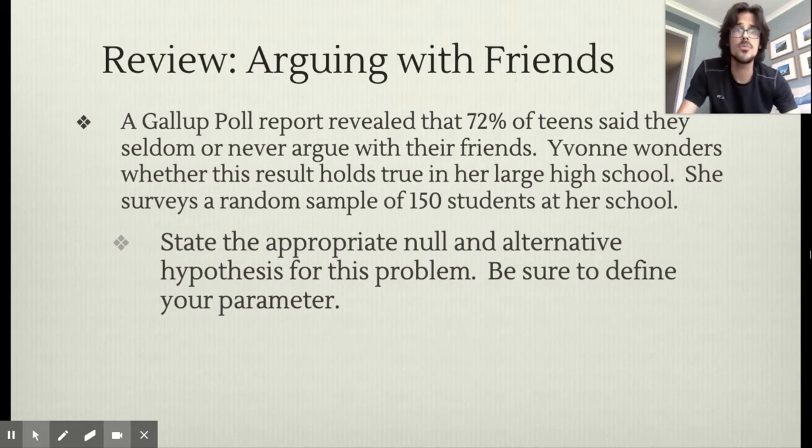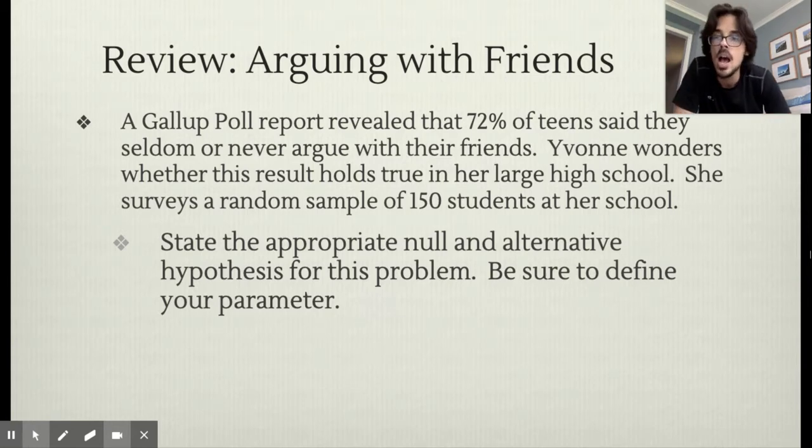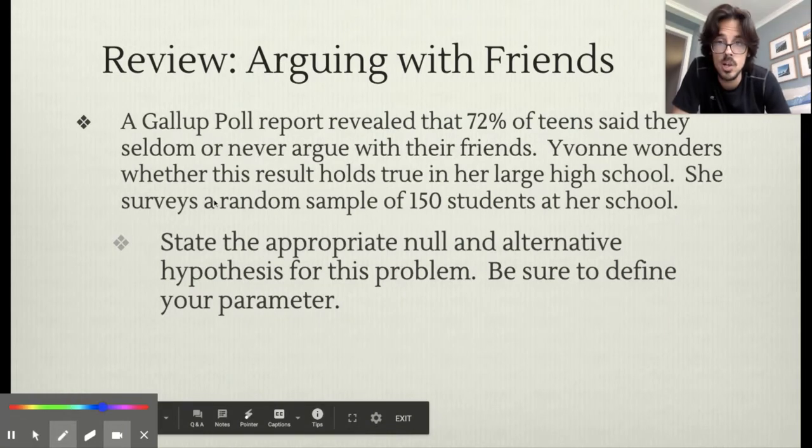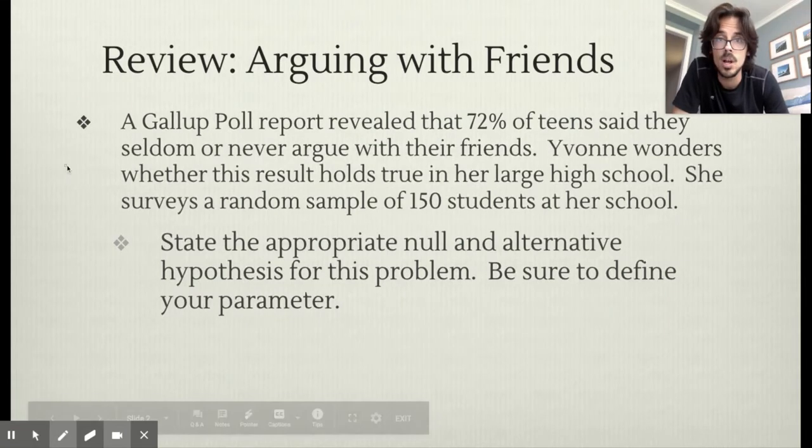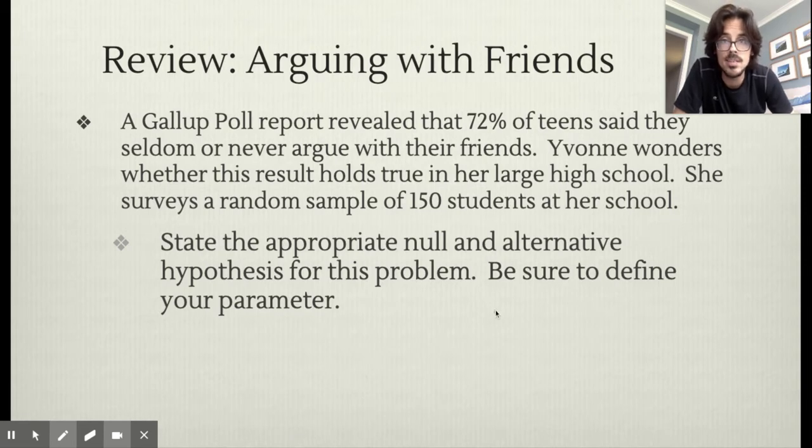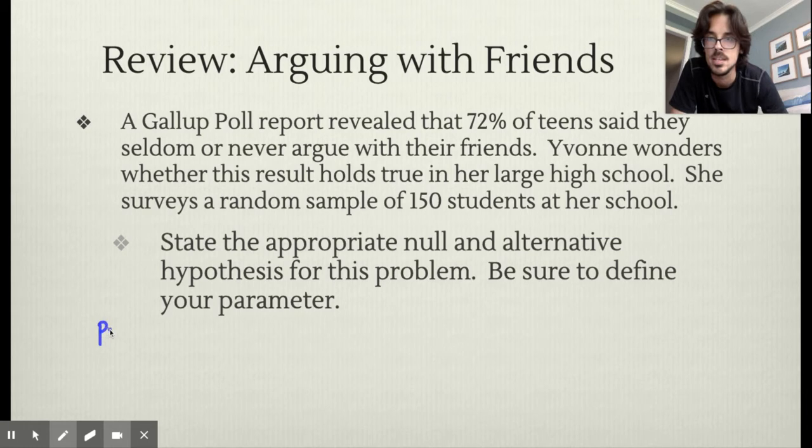Read through the problem, figure out your parameter, define it, and then do your HOHA. I'm going to go ahead and talk through it now, so hopefully you have paused it and tried it yourself. In this problem, it looks like Yvonne is looking at the percent of kids in her school who seldom or never argue with their friends. When you're setting up a significance test, you always test the parameter. And our big two are p and mu. You could do other things, like we did a sigma last lesson with the golf clubs, but p and mu are the big two. Since they're talking about percentages right here, we are going to be testing p,